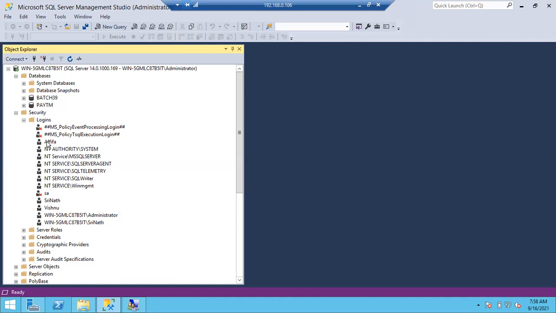Why? Because sometimes users are very intelligent. What they will do, they will simply ask approval for one database, and they will mention multiple databases in the ticket. While sending the approval mail to the manager, they will write, hey manager, can you please allow me to access the Paytm database?